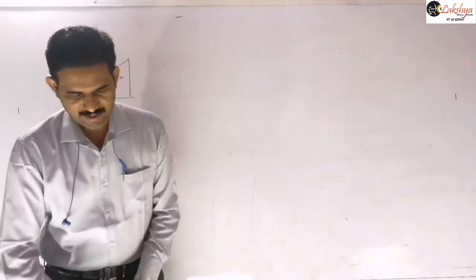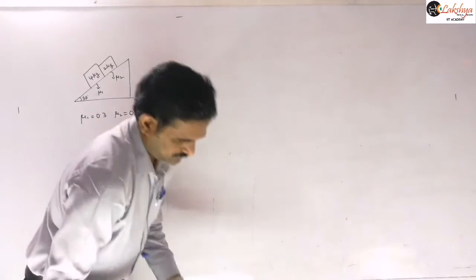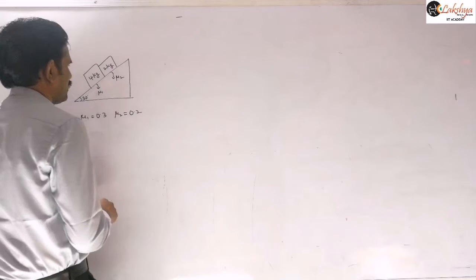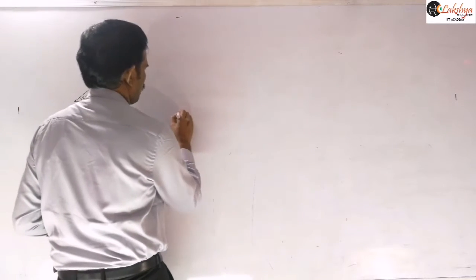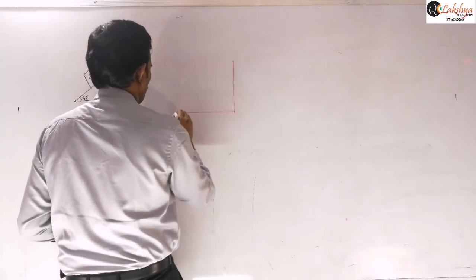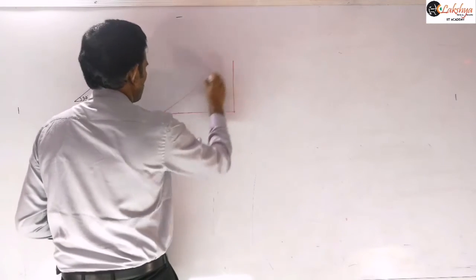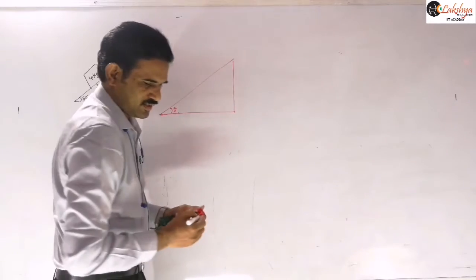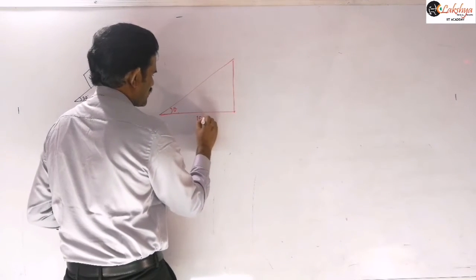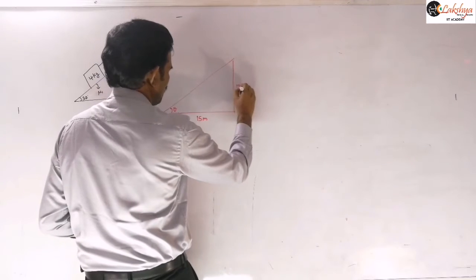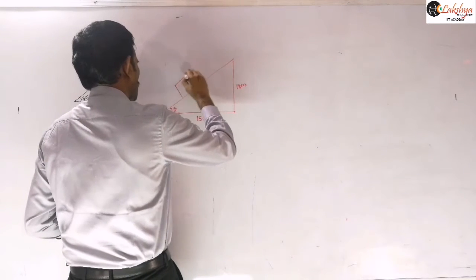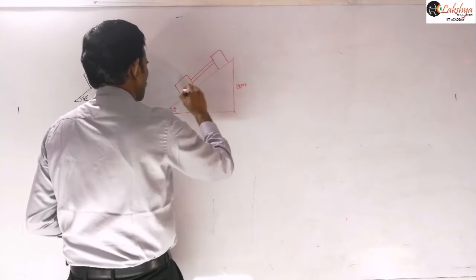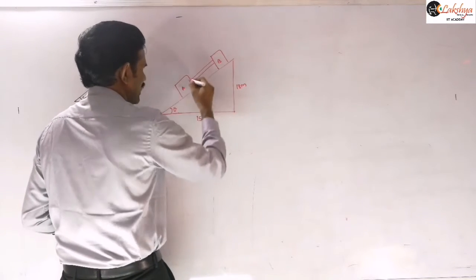So now I am taking a light rod. So take that problem here. Sometimes the inclined plane dimensions will be mentioned instead of giving the angles. Suppose this is 15 meters and this is 18 meters I am taking here, right? And then this is one block here and this is another block. Suppose say this is block A and this is block B, and this is a light rod.